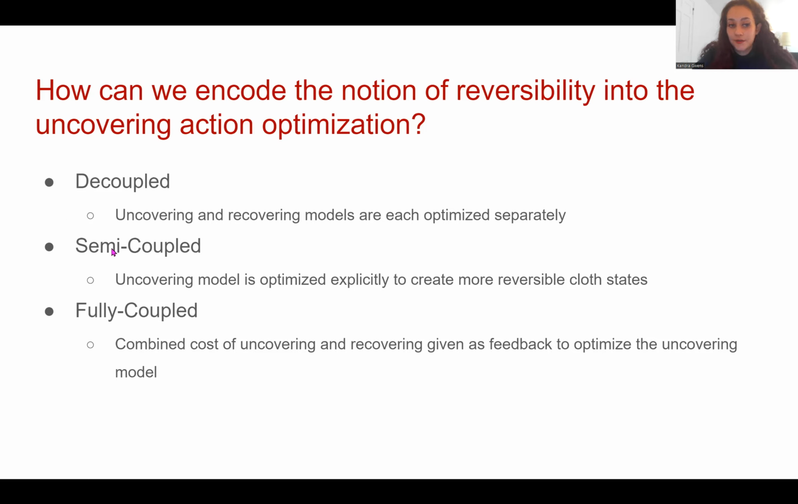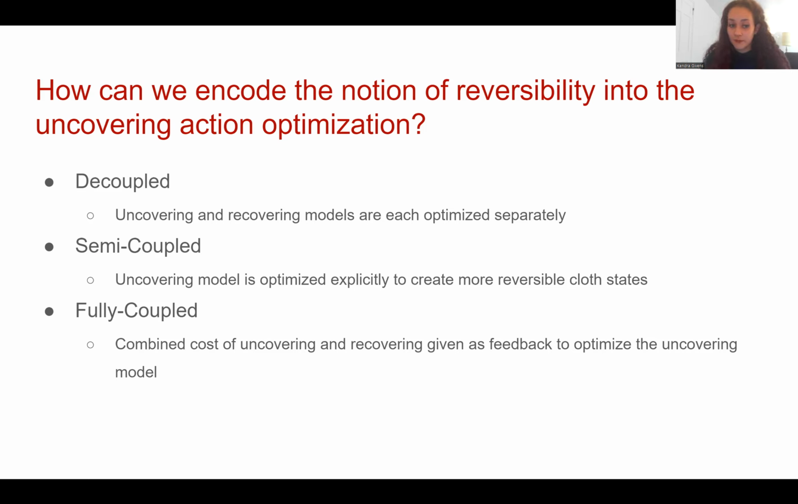And then we came up with another approach, the semi-coupled approach, which includes explicitly adding terms into our objective function to create reversible states. These are terms that we developed based on our observations in the real world, like pulling from the edges and not creating these two symmetric folds that end up leaving a portion of the body uncovered when you're trying to recover. So again, these are terms that we explicitly added. We're injecting our own biases into the objective function of what we think will be the best way to